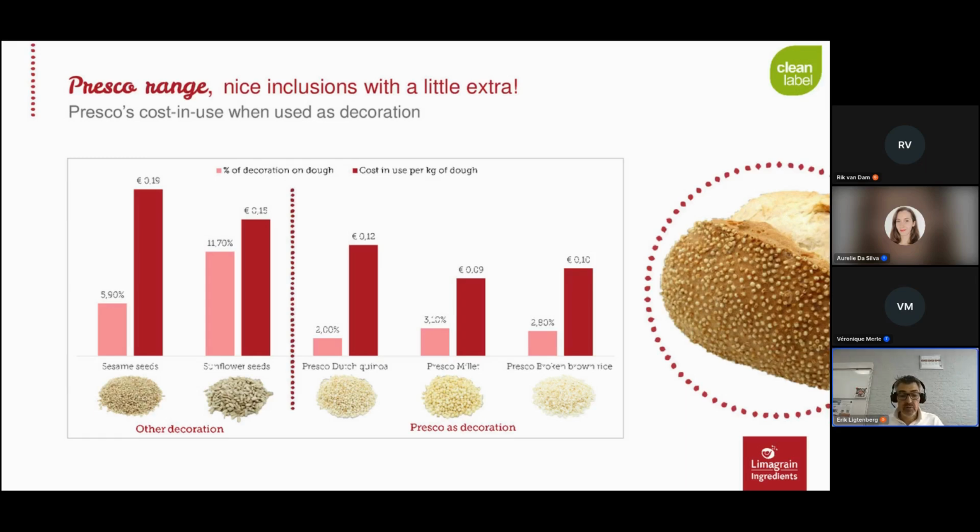Also very important that Presco decorations result in a low cost in use. And that is because less Presco is needed to completely cover a piece of dough compared to other decorations. That is because, as you can see in this chart, we have the Presco Dutch quinoa, the Presco millet, and the Presco brown rice. Those are the references that we see fit as a product for decoration. Those are completely puffed,